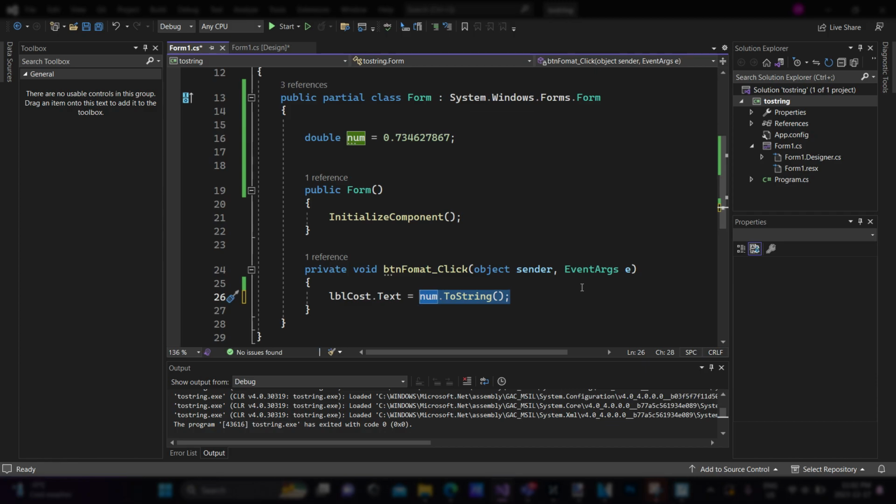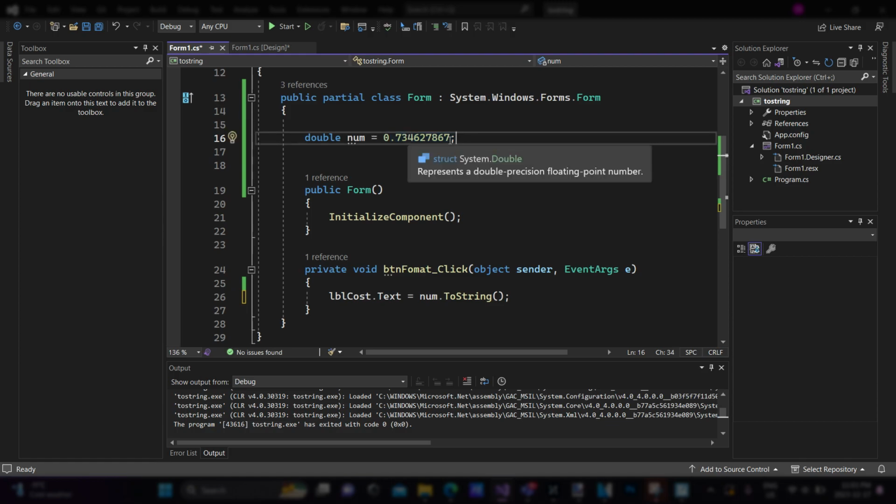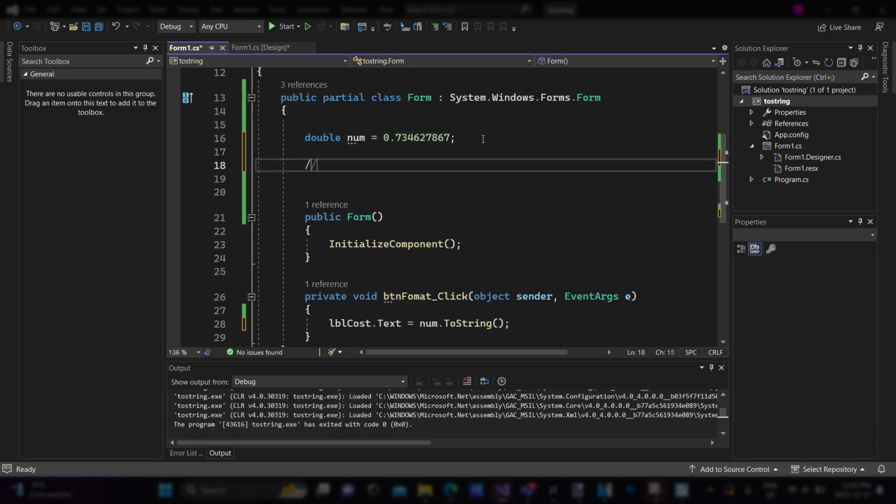Okay, part 2 of the video, and probably the more important part. The toString method has a lot of different options to make our numbers look pretty. So let's say that you have this number, you've done some math in your program, and let's talk about cost. Let's say this number is the cost of some item that you have created inside your program. If you wanted to display this number as a cost to the user, you would probably like it to say